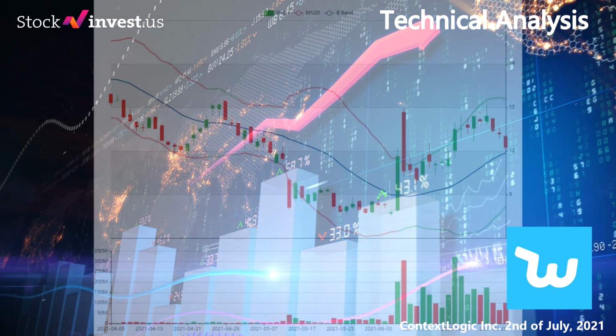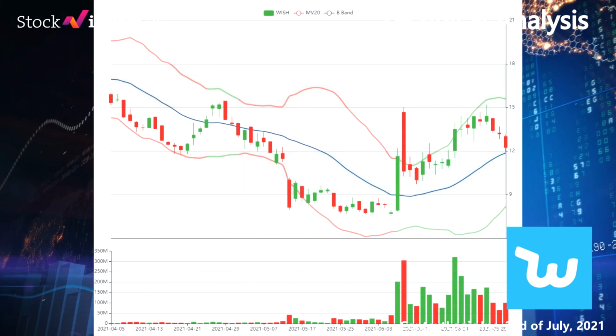Here are some other signals you might find interesting. Bollinger gave a buy signal a day ago. Short moving average for the 3-month chart gave a sell signal 4 days ago. The long-term moving average for the 3-month chart gave a buy signal 15 days ago. The relation between the short and the long moving averages in the 3-month chart gave a buy signal 13 days ago. If we look at the 12-month chart, we see